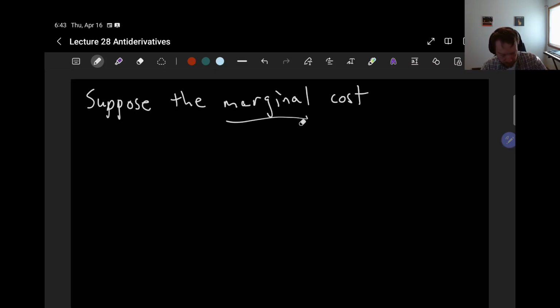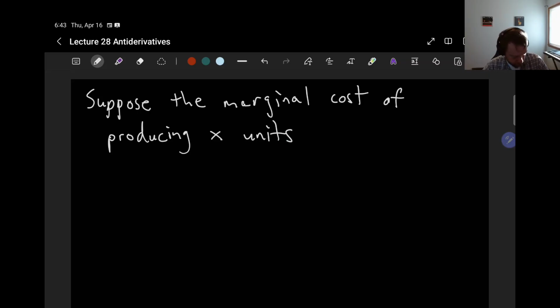Remember marginal, think derivative. So I'm basically saying the derivative of the cost function, cost of producing x units of some product. This marginal cost is C prime of x